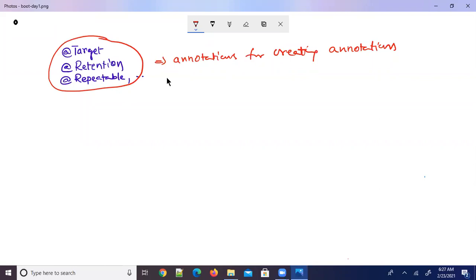For example, if you have written any entities, @Entity is an annotation you write at the class level, for example public class Order.